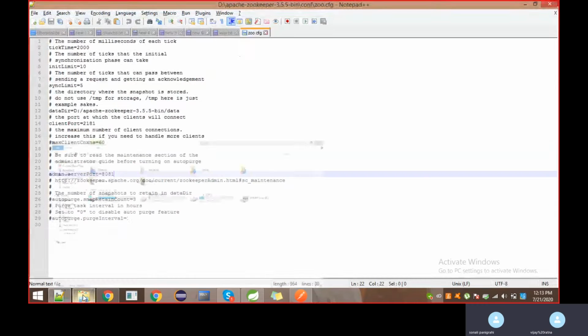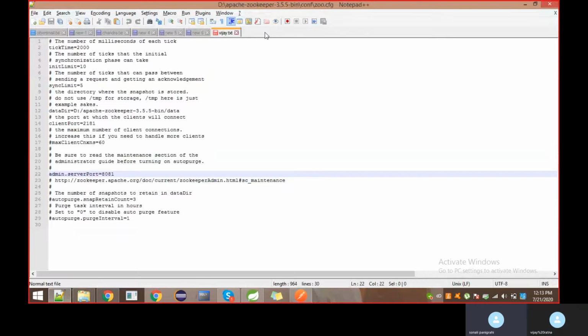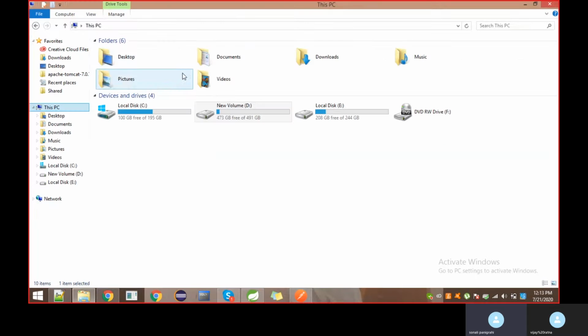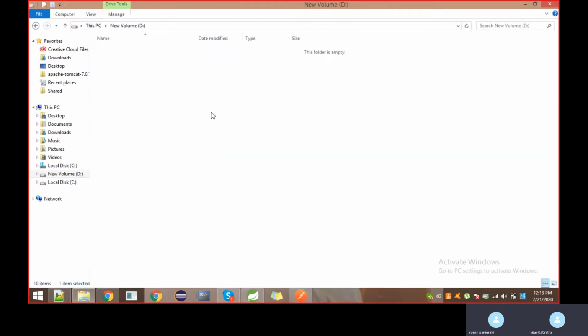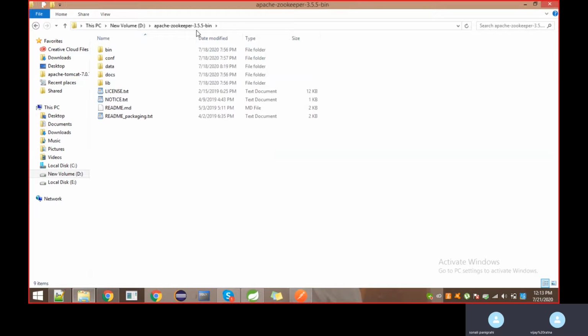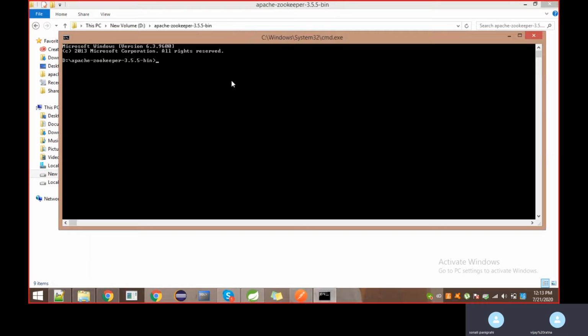I am going to the Zookeeper folder again, in D Apache Zookeeper, and the command to run Zookeeper is just typing zkServer. Okay, let me try once again.